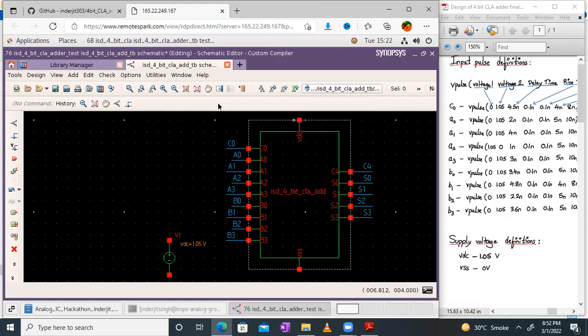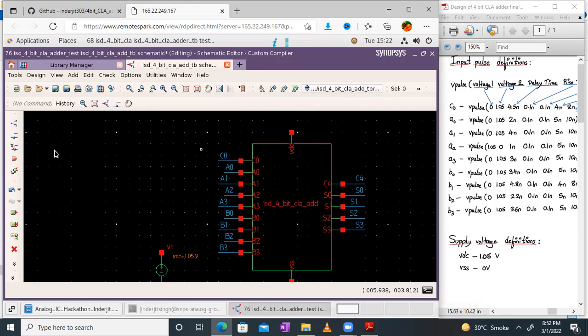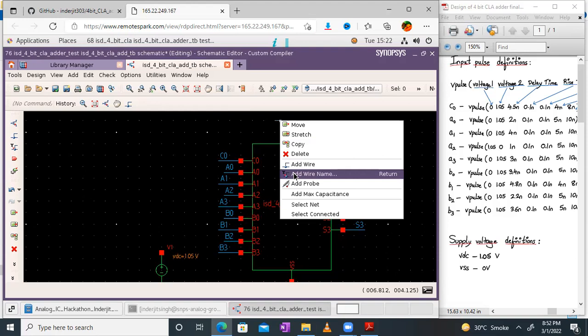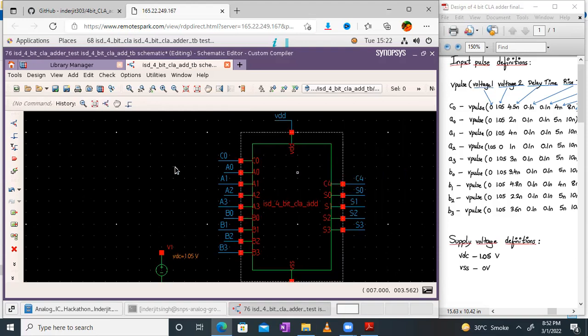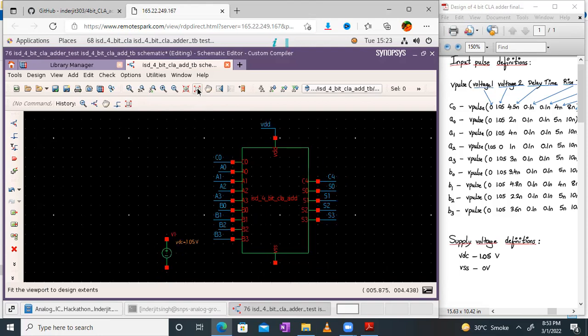Similarly, I'll scroll a little down so that I can label the VDD also. So I'll just connect a wire from here to here, and I label this node as VDD. Okay, fine. I will label these things later, and I can add the ground later. But now let's concentrate on the design,